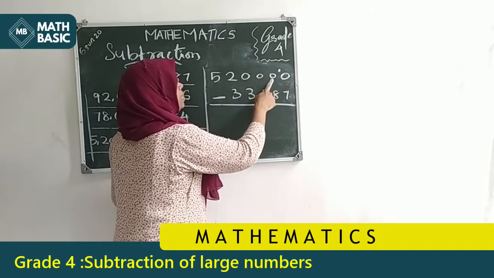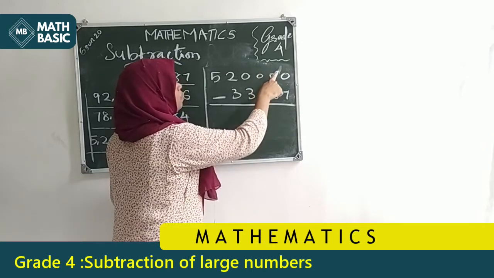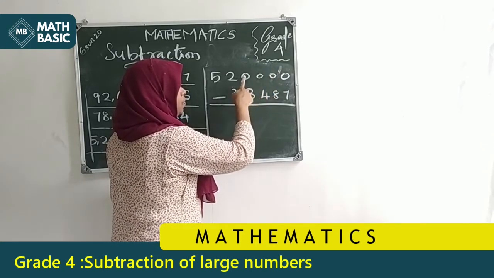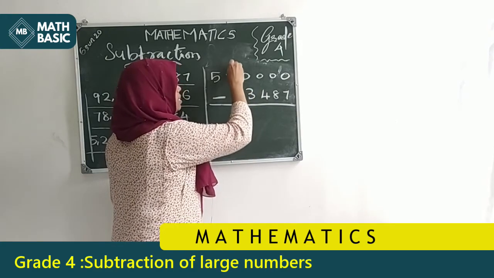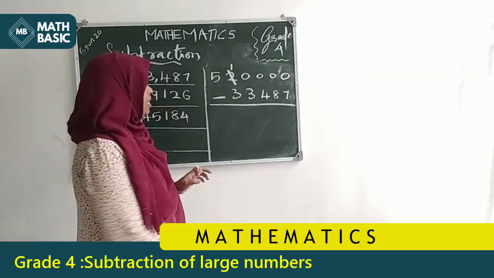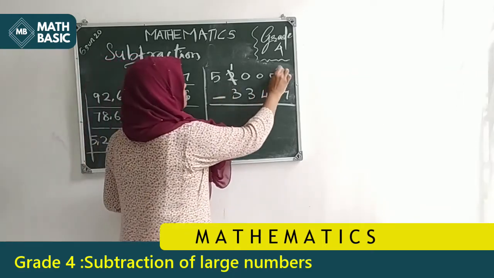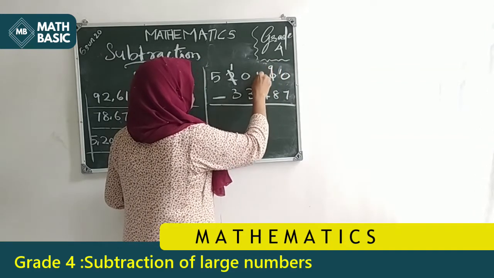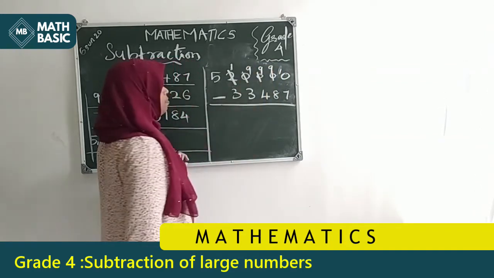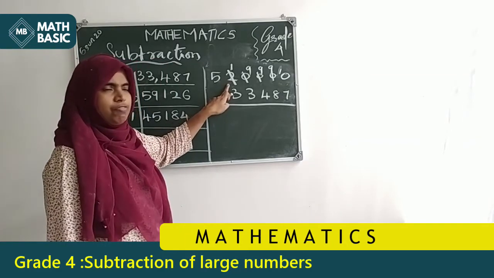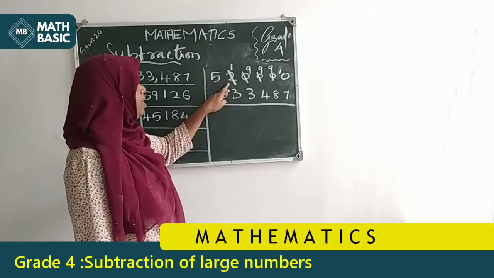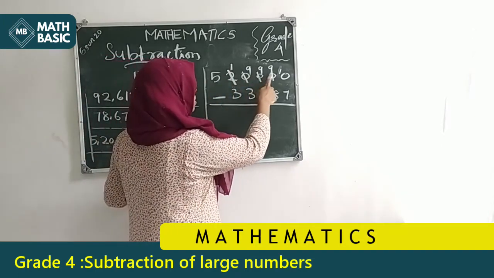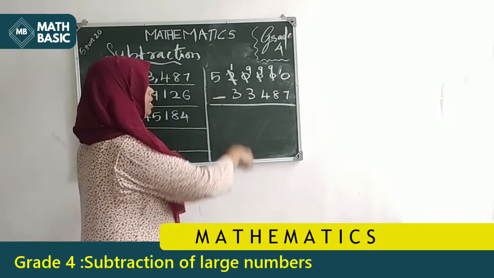Okay. Where from? Here is 0. Borrowing 1 from the next number, which is 0. The number before also 0, here also 0. So from here, this 2 became 1. Okay. So here make it as 9, this also 9, this also 9, this also 9. How is it possible? From this 2 we are borrowing. See, this became 1. Then it is 9, 9, 9. Then it is 10. Then we can do this.